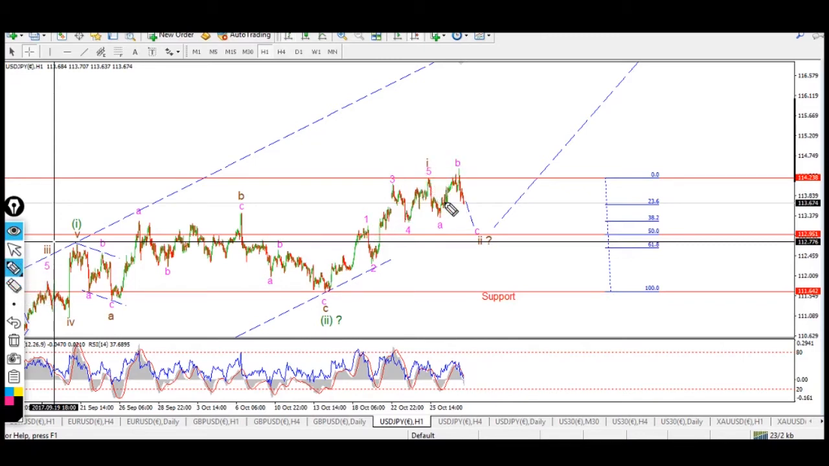Now, we may be seeing a developing, either we have wave 2 complete at this low here, or we're seeing an expanded flat by breaking to a new high and correcting downwards there on Friday. Again, we might be seeing this expanded flat correction here, wave 2. So on Monday,